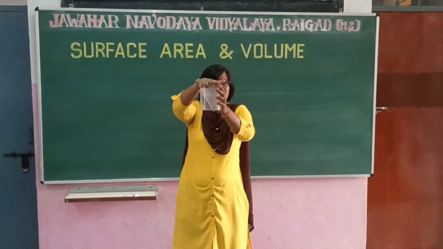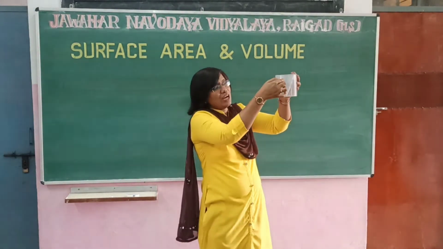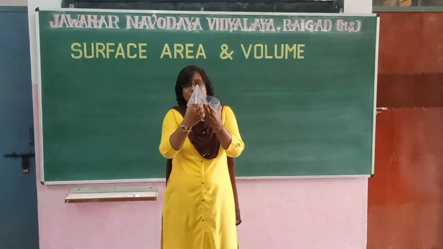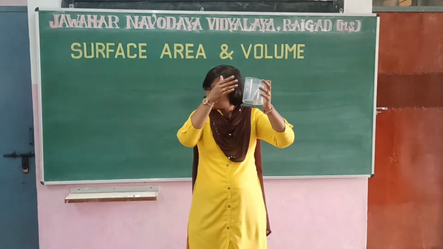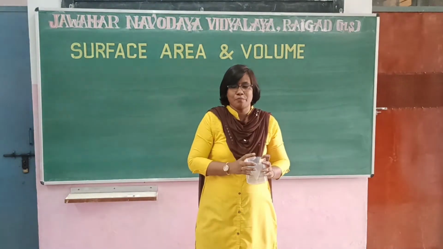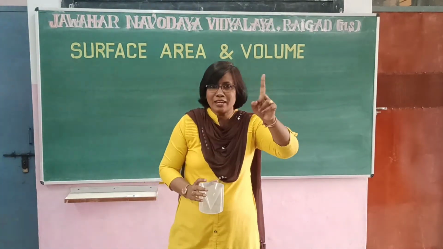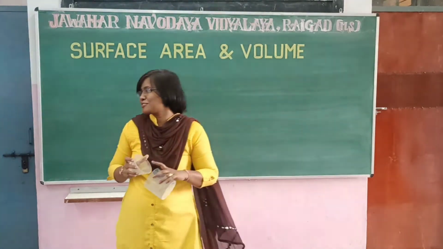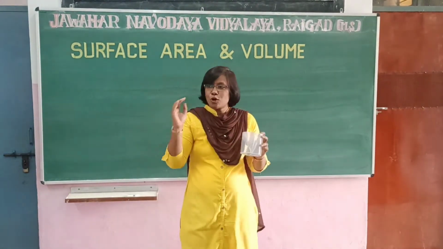When you see that this cone is exactly fitted in the cylinder, definitely we can say that the height, the perpendicular height, of the cone... the cone has two heights. One is the slant height and one is the perpendicular height. So the perpendicular height of the cone and the perpendicular height of this cylinder both are the same. Now let us do one activity and then you can think over it and tell me the answer of the question which I will be asking. So I want two volunteers who will come here and perform the activity. Those who are interested, raise your hands.